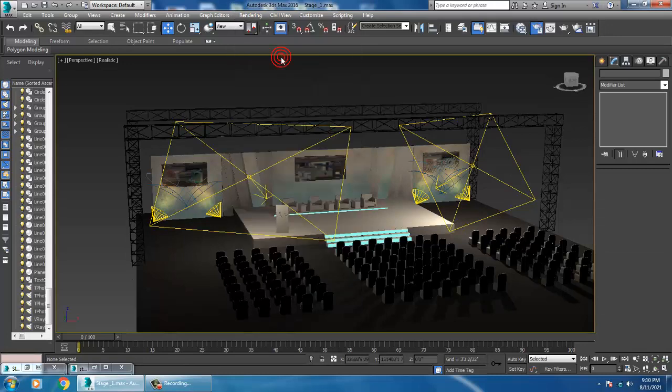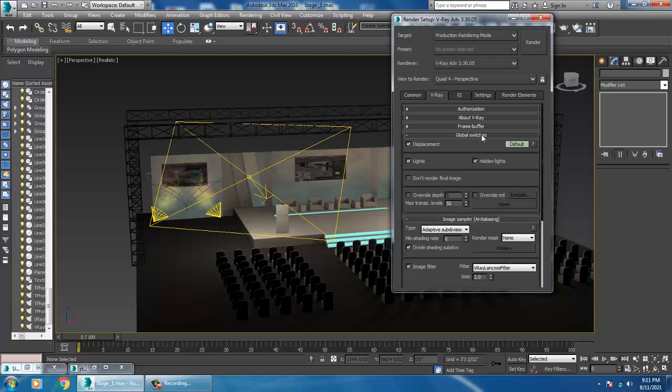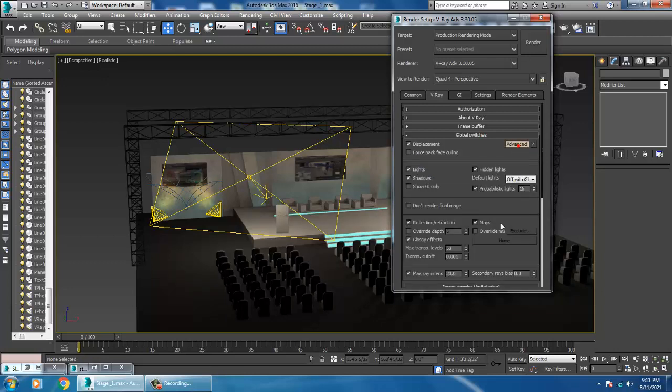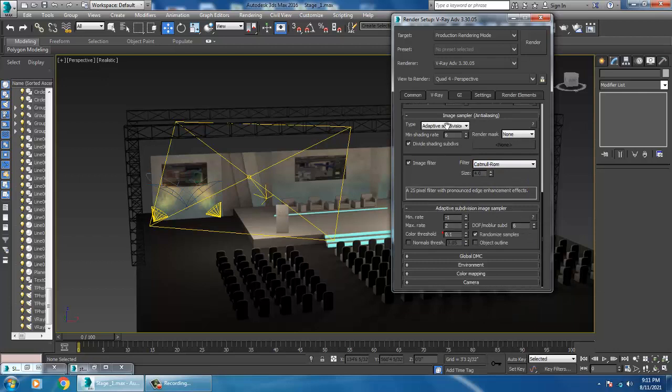I'll do some render settings, basic render settings. As we are doing it, we'll be doing that. I'll go into this adaptive subdivisions. Catmull-Rom.